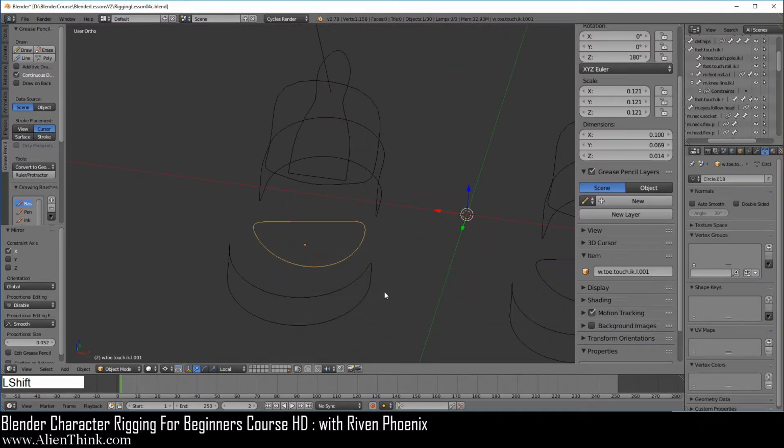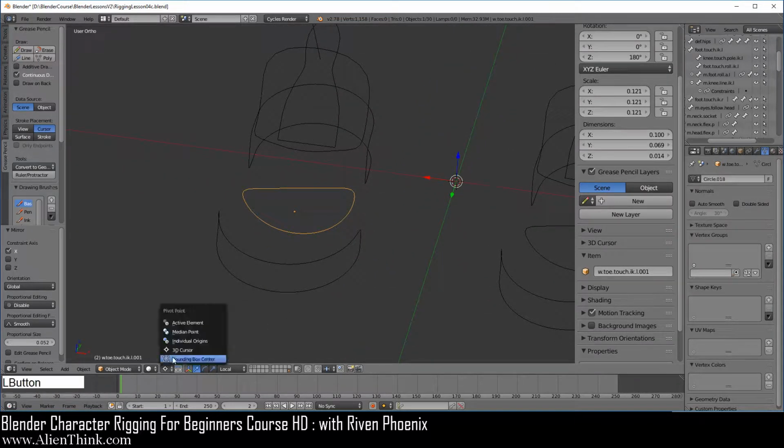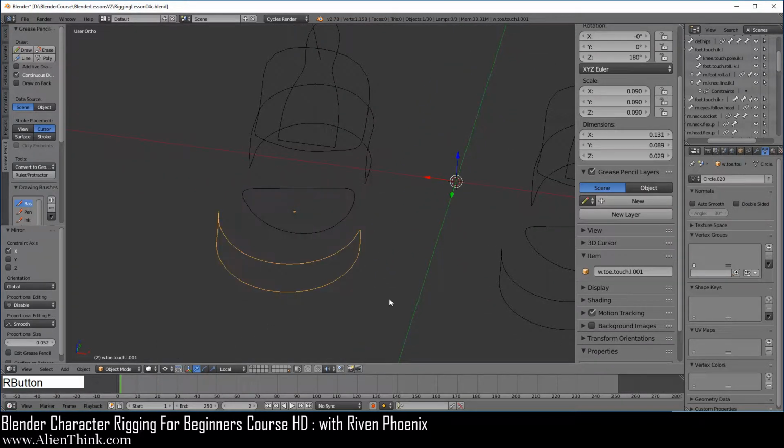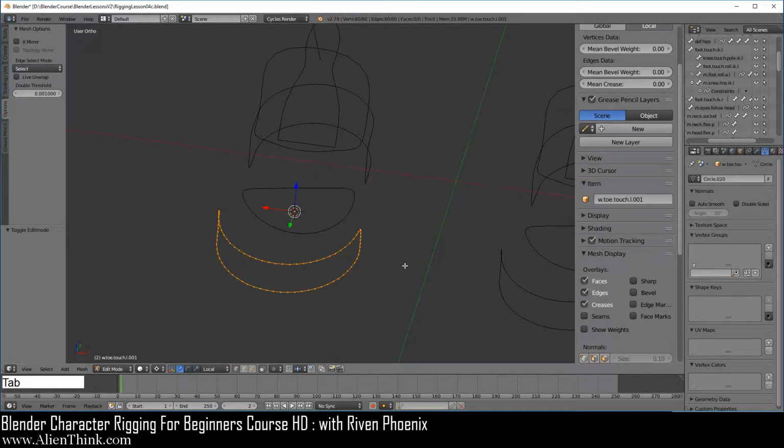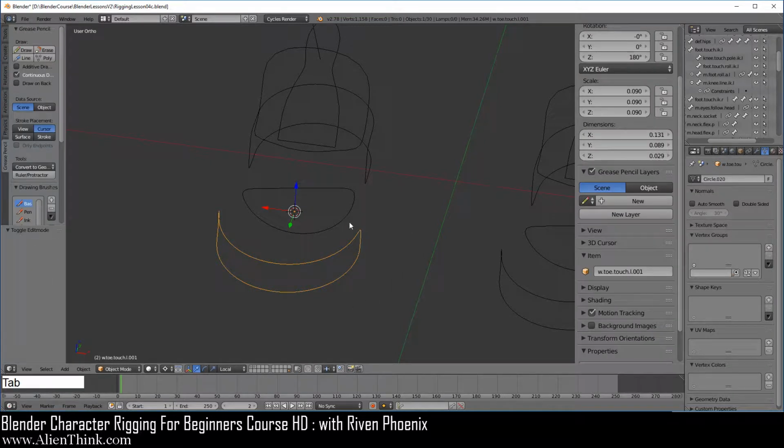Now this is where it gets a bit involved. You're going to make sure that this is on the 3D cursor. You have to click on this object, do Shift S, do cursor to selected, and make sure that this is on local. Press the Tab key to go into edit mode, do Control M, press the X key 2 times and press enter. Okay, now press the Tab key to go into object mode.